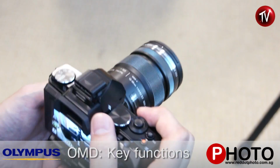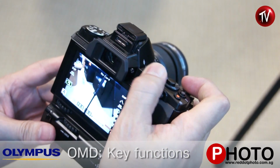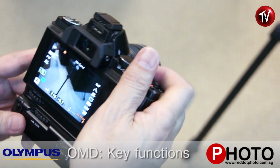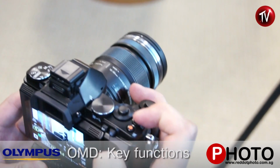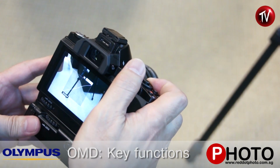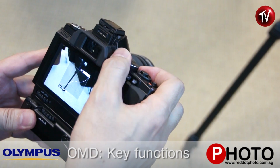This camera has two dials, front and rear. Of course, on aperture priority mode, you can change the aperture value using the rear dial. On the front dial, you can directly change the exposure compensation like this. And if you push the Function 2 button here, you can see the tonality curve on the menu or on the screen. Then you can change the highlight with the front dial like this, or using the rear dial, you can change the shadow